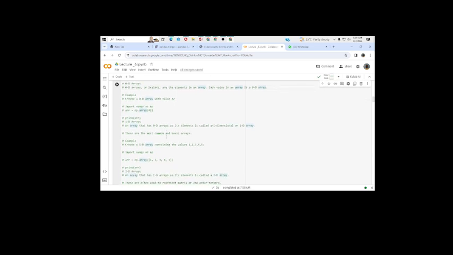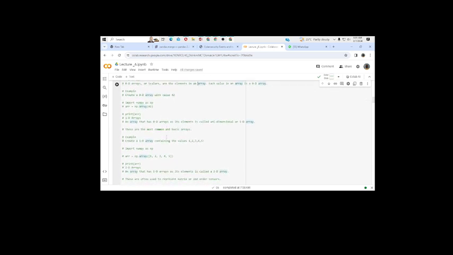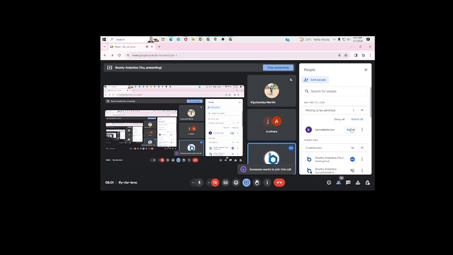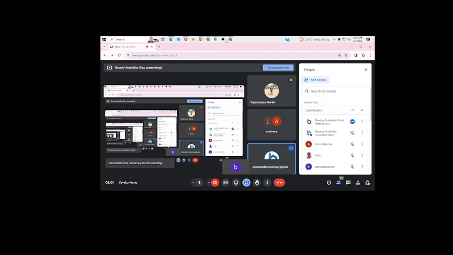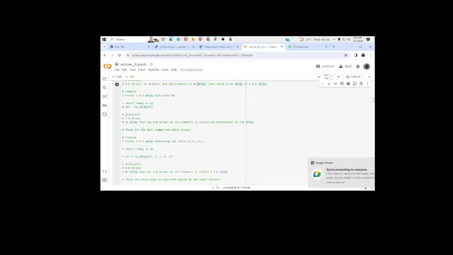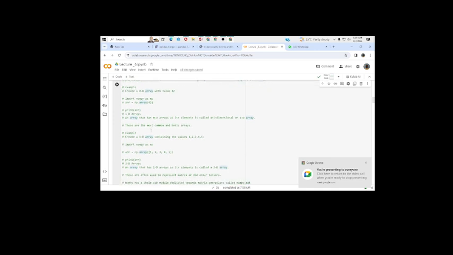I think we can just pass through them, and you'll note the difference. You just note the difference here. So in a one-dimensional array,